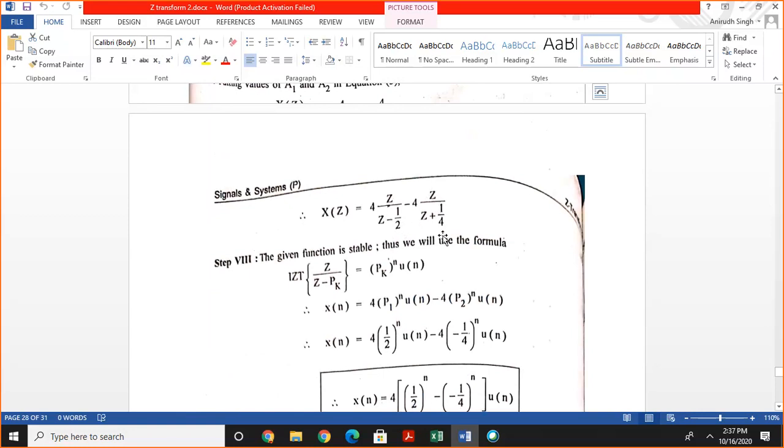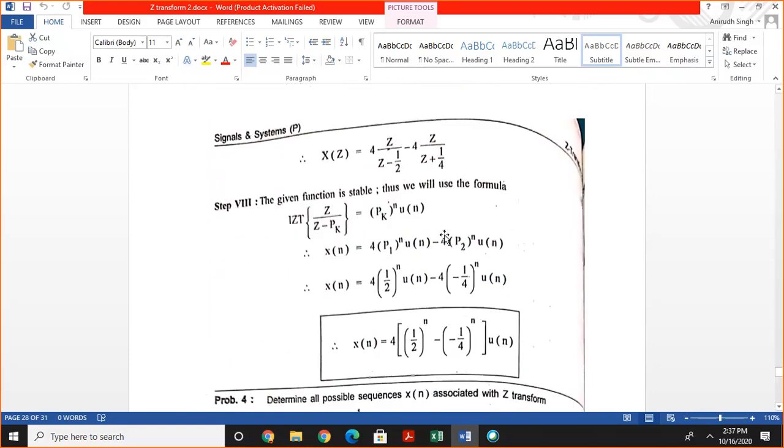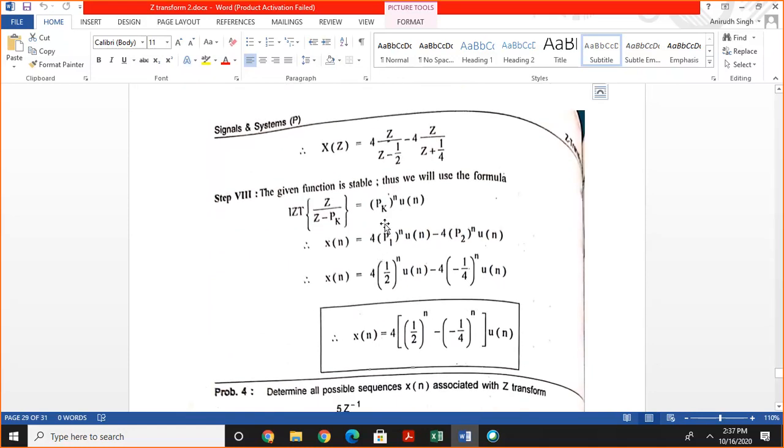So we can write X(z)/z equal to 3 divided by (z minus half)(z plus 1/4), and it is written in partial fraction form. Then we calculate the value of a1. a1 is given by this term, and this term is cancelled out. When we put z equal to half, we get the value of a1 is 4.